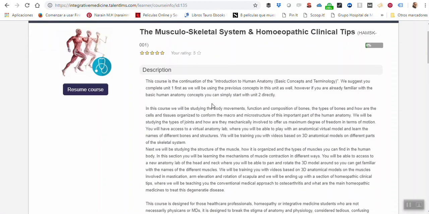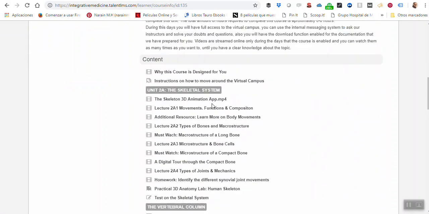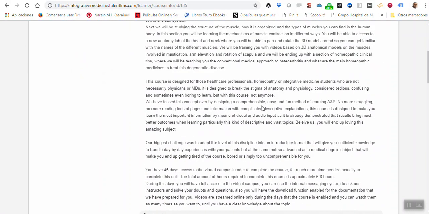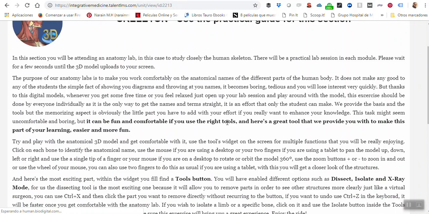Today I'm going to show you how to use the practical 3D anatomy lab. It's quite simple. Once you're logging into your course, you have an interactive menu where you can access directly the different units and topics. So, for example, if you access the first 3D practical anatomy lab, which will be, for example, the human skeleton,